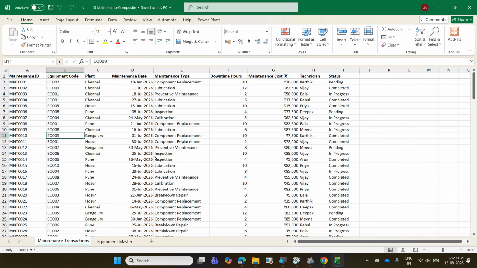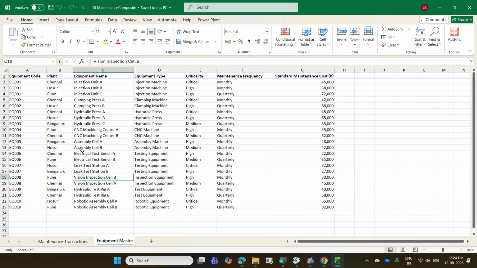So here we don't have a common column. I want to compare two things, equipment and plant, here also equipment and plant. With two columns we cannot write XLOOKUP. XLOOKUP is not possible, because it compares with only one column. One part number we can compare, but if you have multiple columns, XLOOKUP will not compare. And